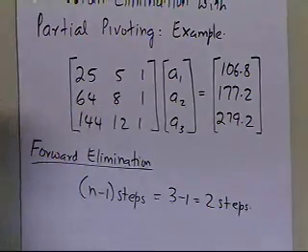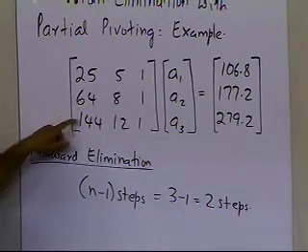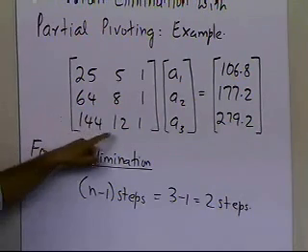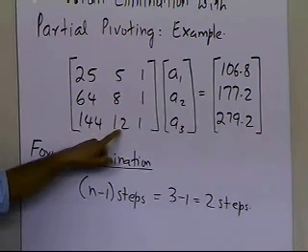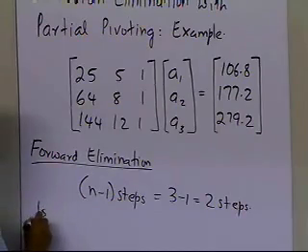What we mean by two steps of forward elimination is that we'll have to make the elements here and here to be 0 in the first step, and the element here to be 0 in the next step. We'll go through that process as we solve this particular problem. So let's look at the first step.